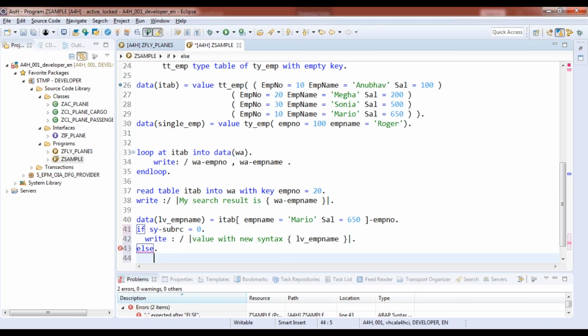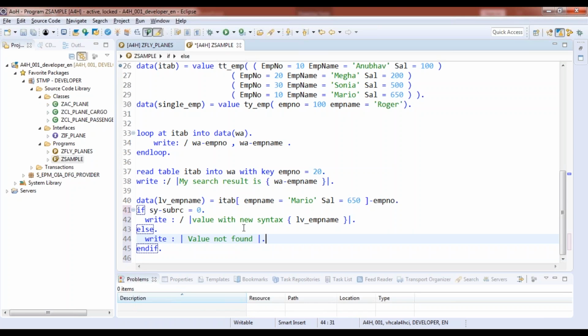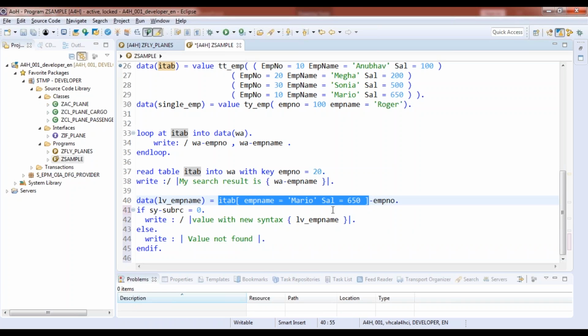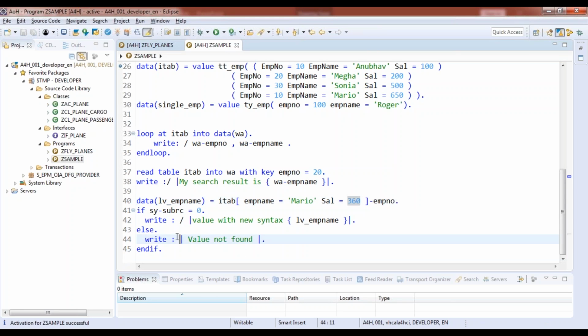I'm just going to write, and then I say the chain operator and say value not found. It should behave absolutely the same as a read statement, because it's just a different syntax. Behind the scenes it's actually running a read statement. So let me intentionally make this value a wrong value, so my read statement fails, of course. As a result, you should see value not found printed towards the end of my report